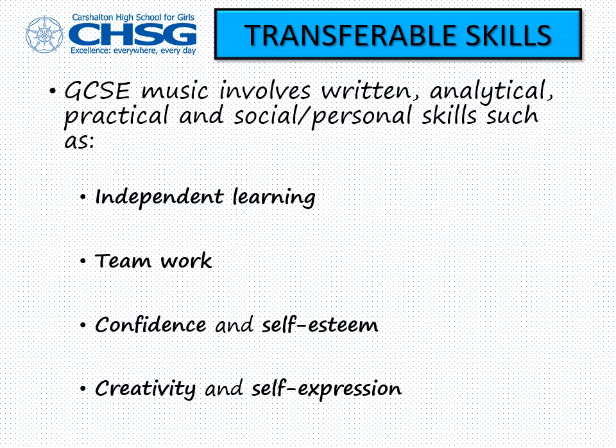Now, GCSE music involves an absolute array of written, analytical, practical, and social and personal skills. You will be able to develop your independent learning, you're developing your teamwork skills, your confidence and self-esteem, your creativity and self-expression. Now, the most common question I get when asked about music GCSE is, Miss, do I have